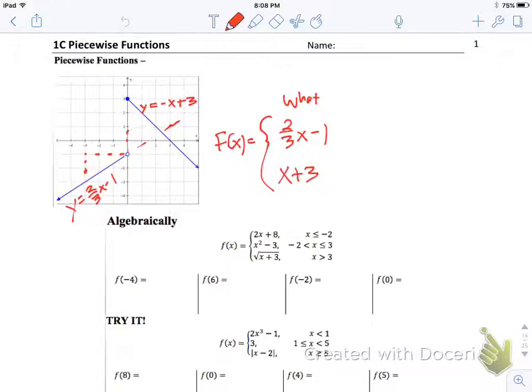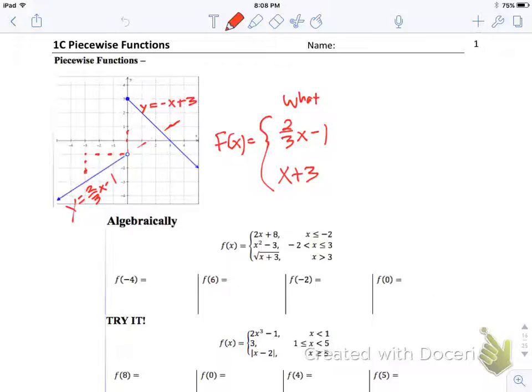But we consider the whole thing, both of them, as f of x, the piecewise function in question. So what we do for a piecewise function is that you have to be more descriptive, because you can say to somebody, hey, my function is 2/3 x minus 1 and x plus 3. And they go, which one? What do you mean? So you actually say, well, those are the 2, but you have to specify when they